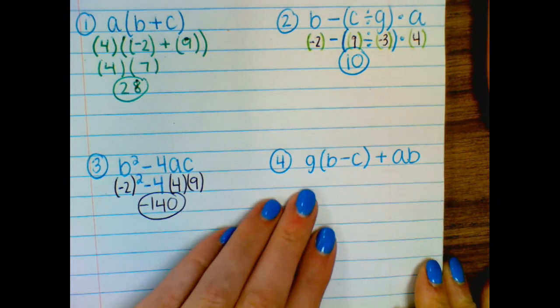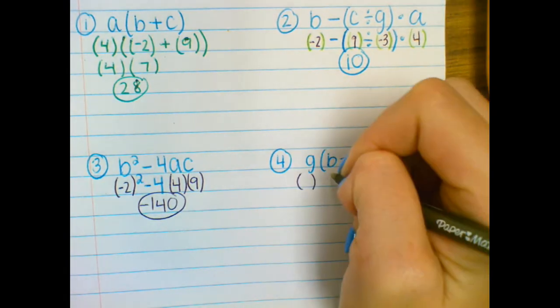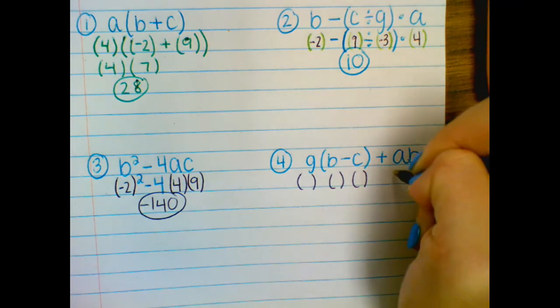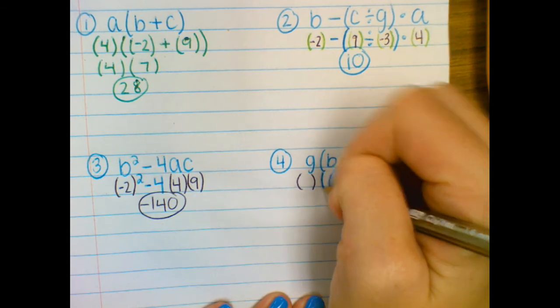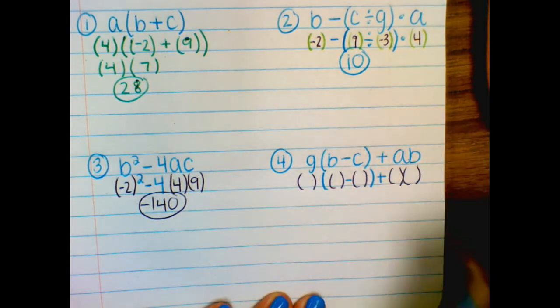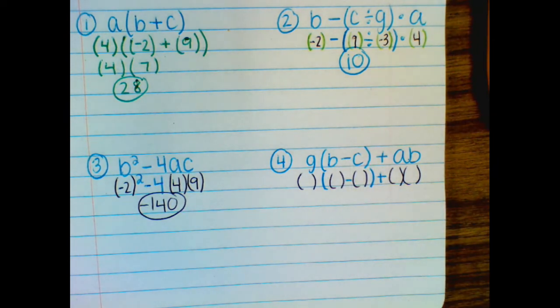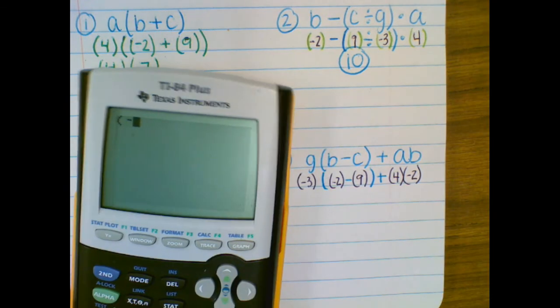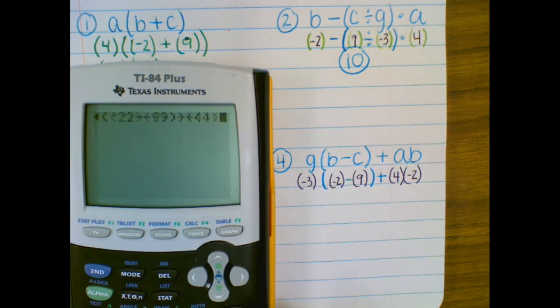Okay, last one. This has a lot of letters, so there's going to be a lot of parentheses. So let me put them first. So here's a G, here's B, C, A, and B again. Okay, so I'm going to pop in the extra stuff, which was just that. The parenthesis, the minus, this, and that. And then I'm going to plug in my letters. So I plug in my letters, and then I'm very cautious about including every single parentheses. Make sure you don't hit negatives when you need to subtract. That's the other error. Negative